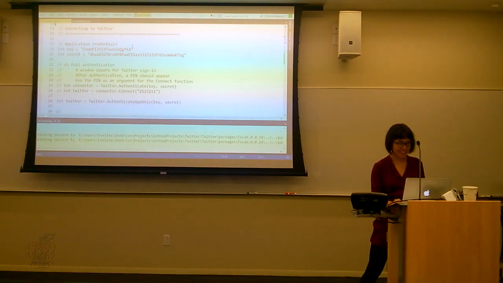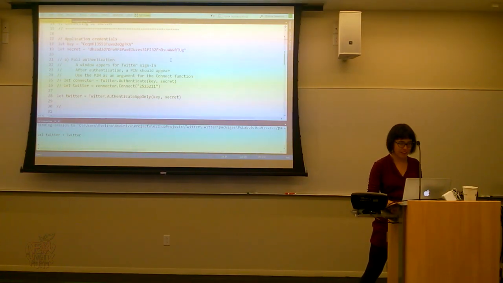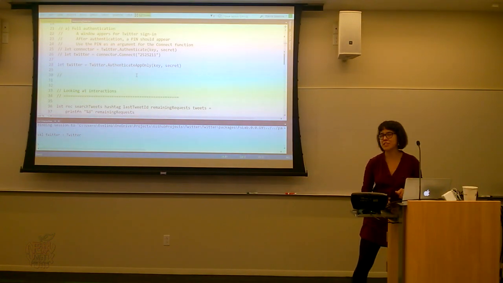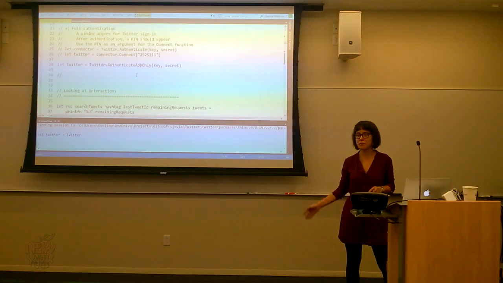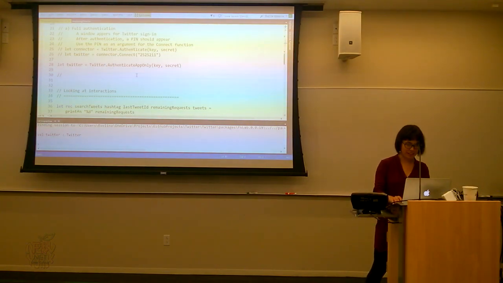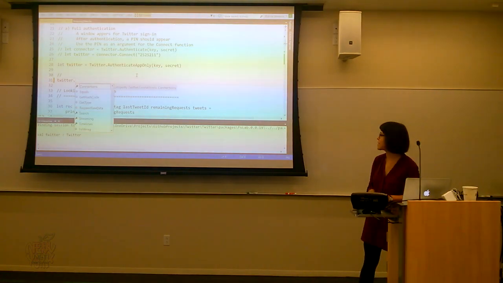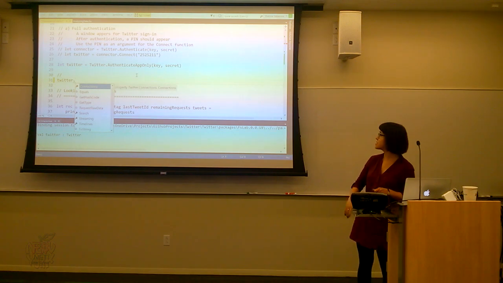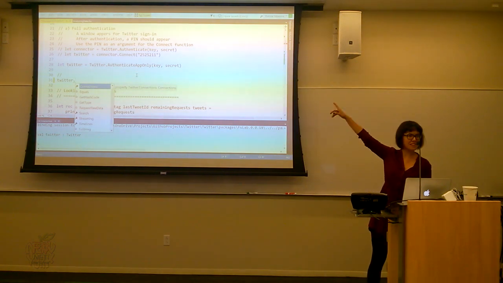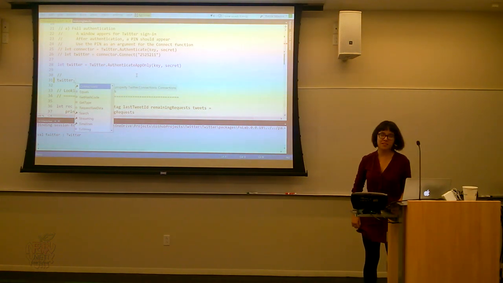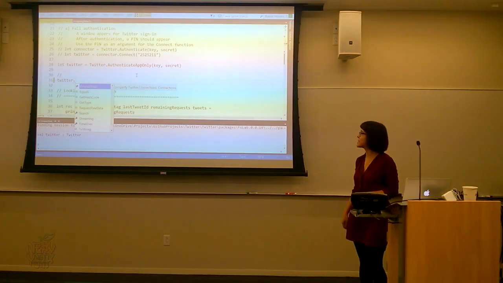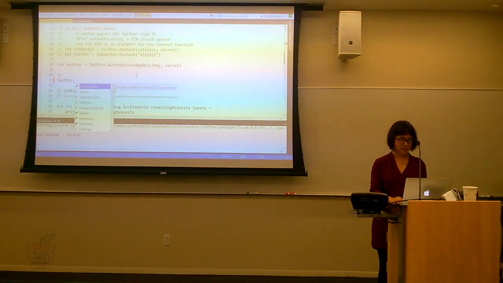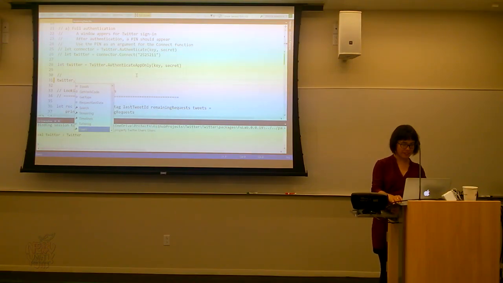And I will create a connector to Twitter. And I'm using an F-sharp library for Twitter connection that you can find on GitHub. And now I have a connector, and I'll look at what I can do. Can we actually turn off these lights? Might be more visible then. And I can look at connections or search for users or look at Twitter timelines.